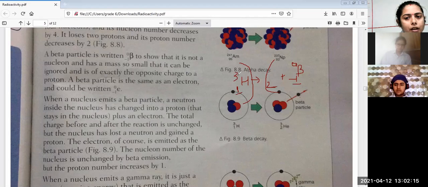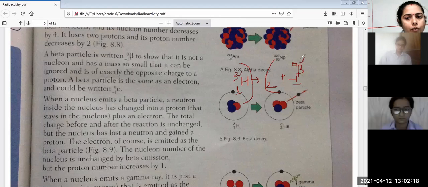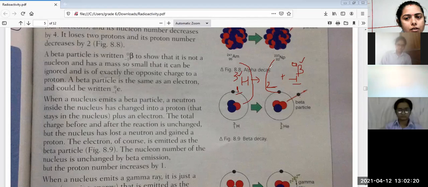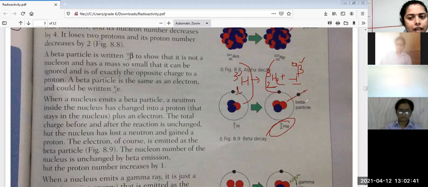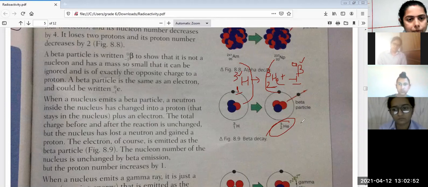Fine. At the top, it is 3. Here it is 0. Dash plus 0 gives you 3. So 3 plus 0. Fine. So mass number 3, atomic number 2. अब check करो atomic number 2 किसका होता है? That is of helium. So that you are going to write here. So what we get is a helium with atomic number 2. Hydrogen was there, when it goes with the beta decay, because there is going to be again an increase in the atomic number, so there will be helium formation. Clear?